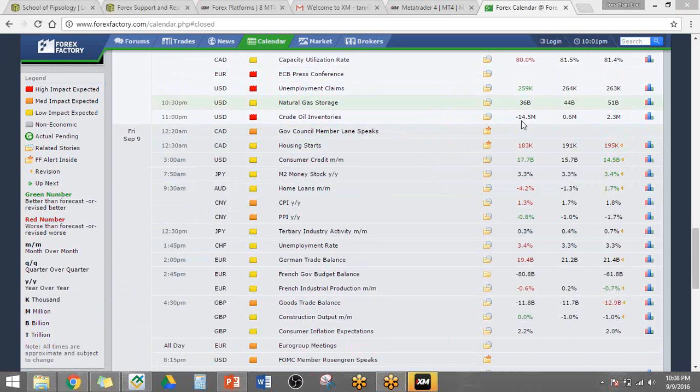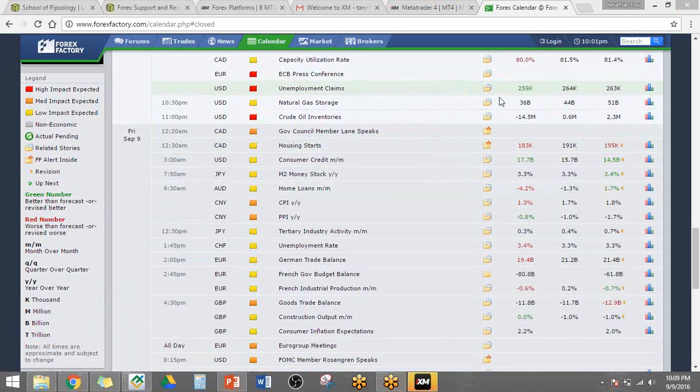So it's good to buy the US dollar if they put out good data on the US dollar. Let me repeat that. I know it might be a little confusing. Since they gave good data for the US dollar, naturally the US dollar should go up.